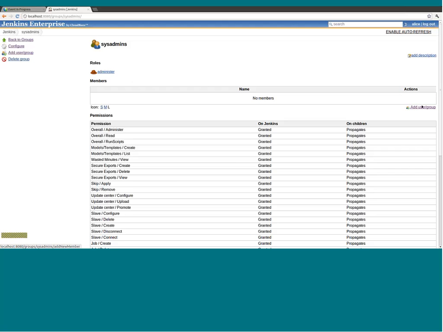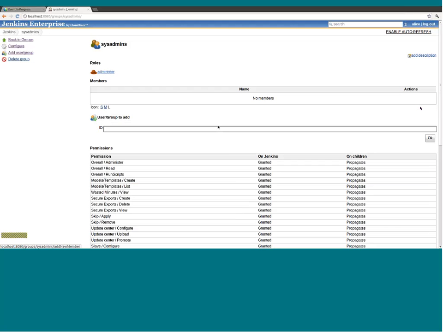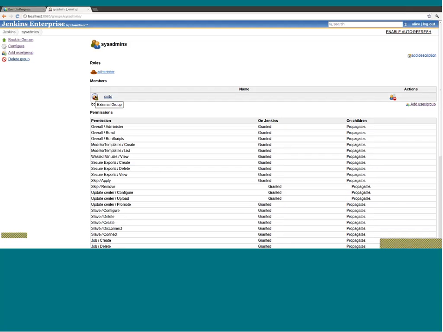Currently, there are no members. I want to add one. So I'm going to say Add User to Group, and click on Sudo. Click OK. If you look at the icon for this, it says External Group. So Sudo was something that I defined in my mock security realm. This is a set of users, which currently just includes Alice herself, that we're going to want to make part